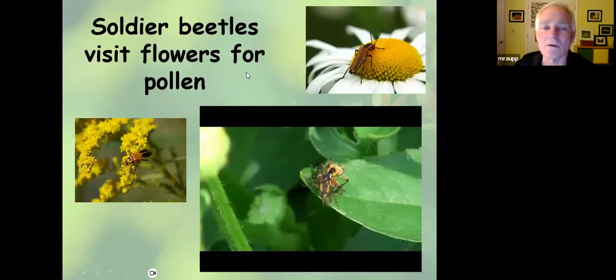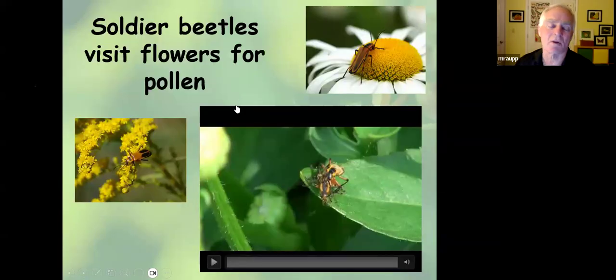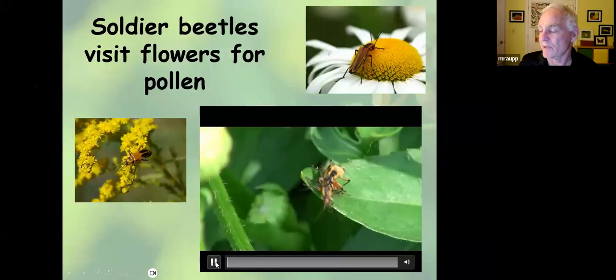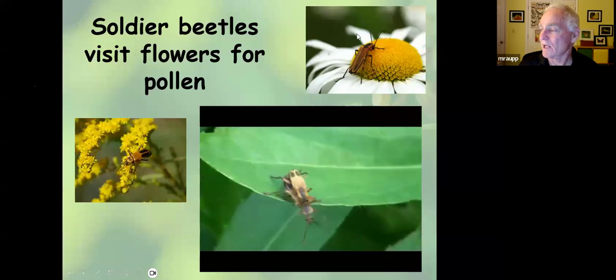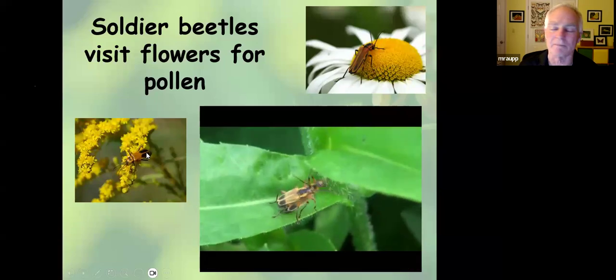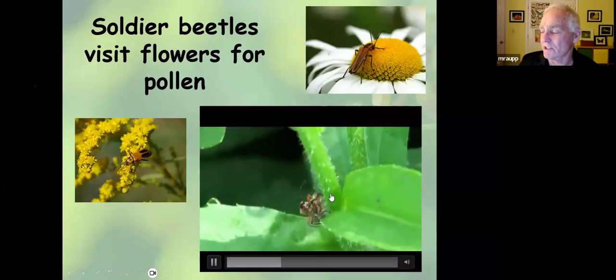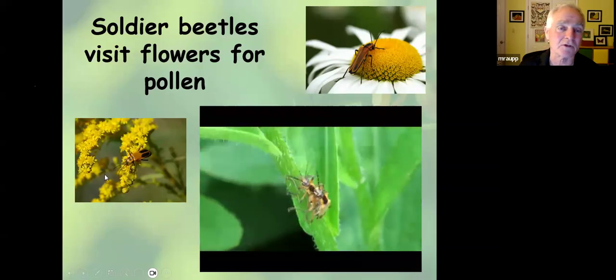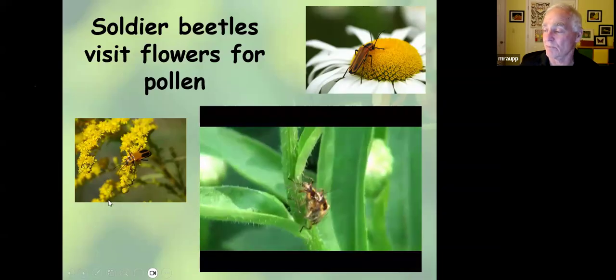Now, this is one we also see. They start to show up in my garden, usually along about June. These are called Pennsylvania soldier beetles. I bet you've seen them in your gardens. Now, the Pennsylvania soldier beetle, as you can see, the adults are pollinators. They're feeding on pollen. The female obviously can multitask as she works around the flower head looking for some pollen for her eggs to develop.